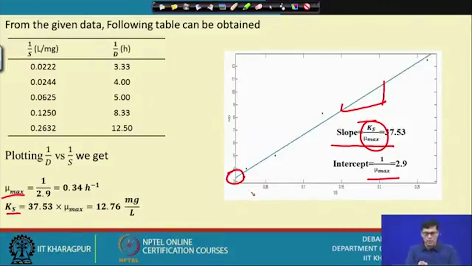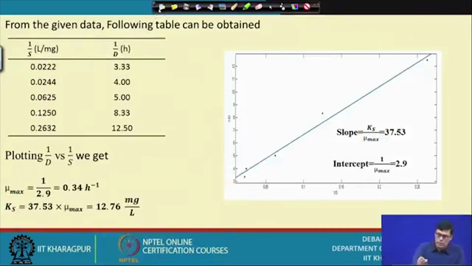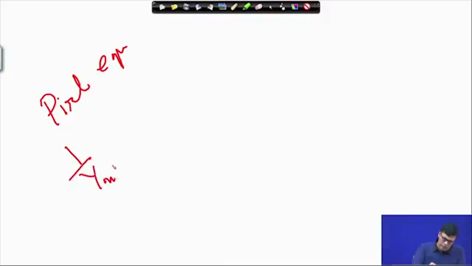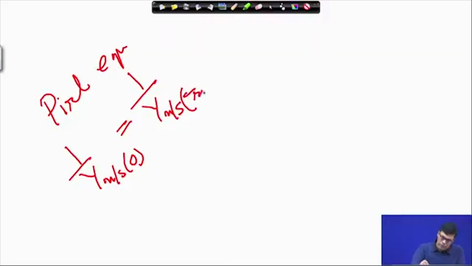Now the question comes: how can you determine the maintenance coefficient, because that is important. For the maintenance coefficient, look at the Pirt equation. What is the Pirt equation we have seen? That is 1 by Y X by S overall. Am I right? This is equal to 1 by Y X by S true, the true growth yield, plus